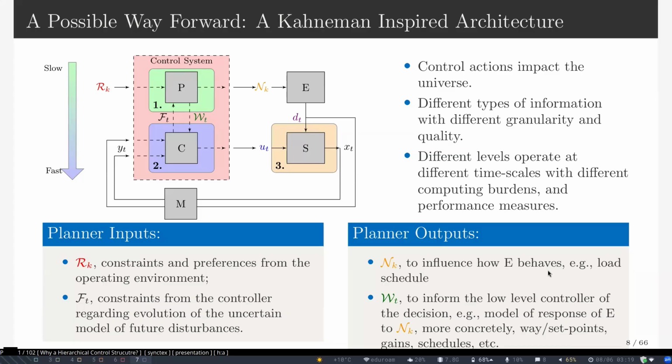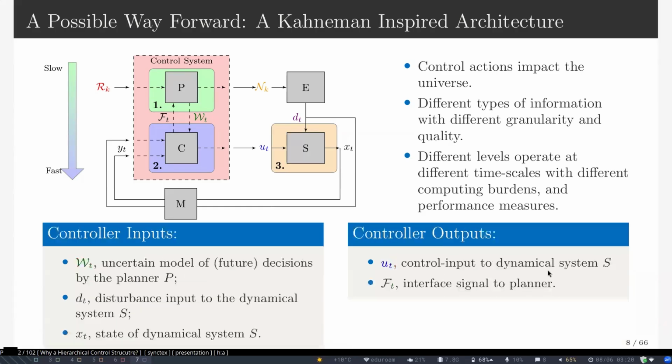Because then we really flattened everything. We decided to use a hammer that is useful for a particular type of nail to beat every single thing that is a nail. So planner input might have considered these requirements and then some coupling. We really think of it as an operation profile for the low-level controller, and the low-level controller is going to use those. It takes these measurements from the planner, tries to reject disturbances applied to the system, and tries to drive the system to where it needs to go.